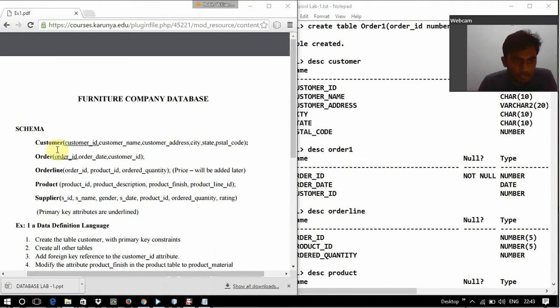The first one is customer. In customer they give some attributes: customer ID, customer name, customer address, city, state, postal code. Depending on the attributes, we are going to give data types. And